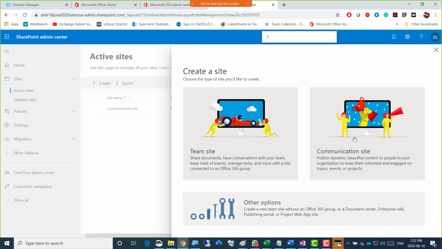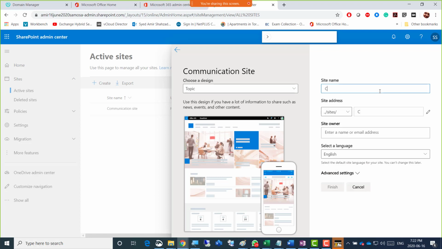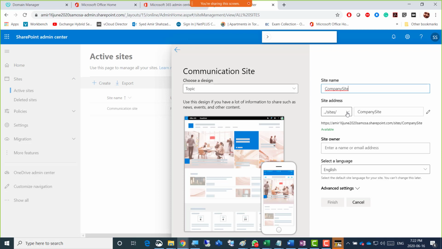In the communication site we talked about all these themes anyway, so we can just go for company site, and there's that slash sites longer link here, and it becomes even longer because we have a longer domain. If you definitely add your own custom domain, then this very long link becomes shorter.